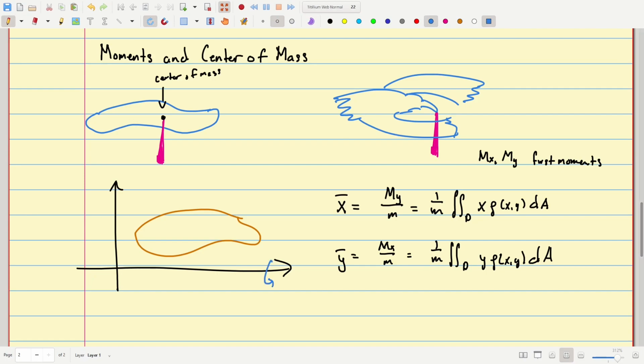I'm imagining a rotation happening here around the x-axis, and each point of mass here, depending on what's going on with the density function, forms the same kind of lever that I had in the teeter-totter picture. And we also have the same kind of thing happening with respect to the y-axis, where we're trying to rotate this way. The center of mass is going to be a point